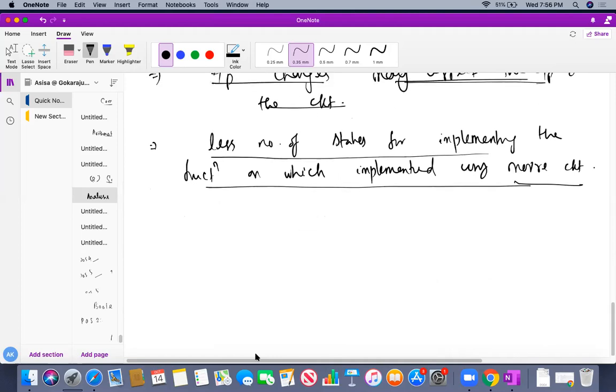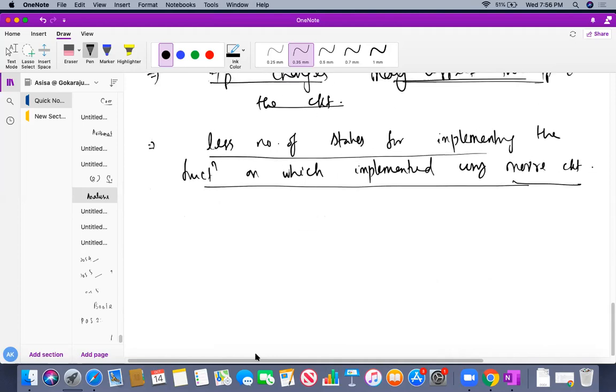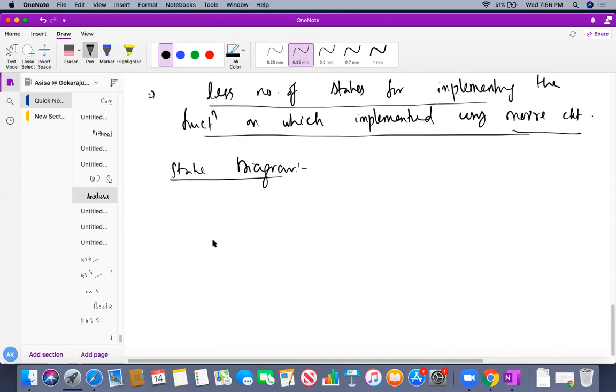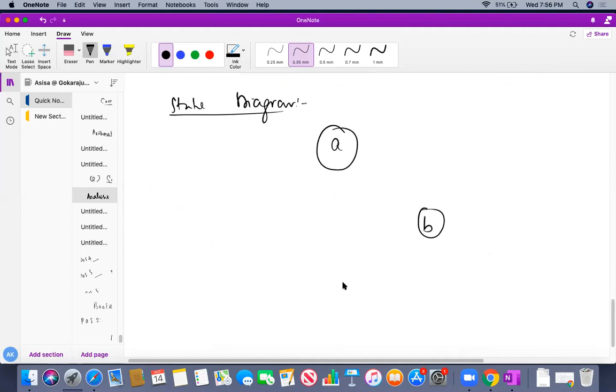So how is the state diagram of the Mealy circuit? The state diagram will be like this. Just see here the state diagram. I'll tell one example, so later while analyzing we can have more idea about it. Let's say there are also 4 states, A, B, C and D. A, B, C and D are the states.